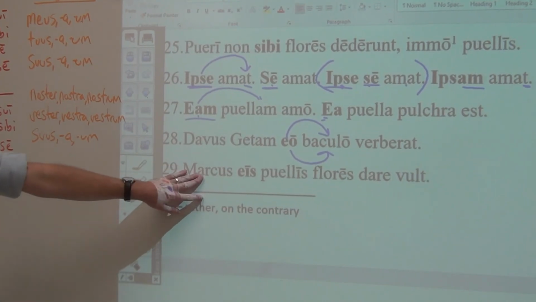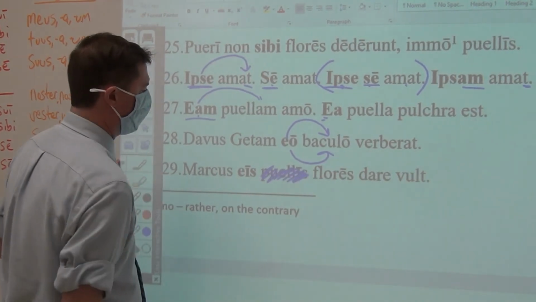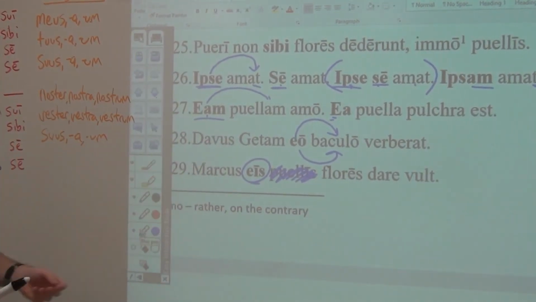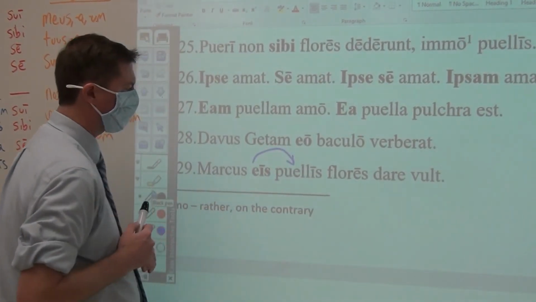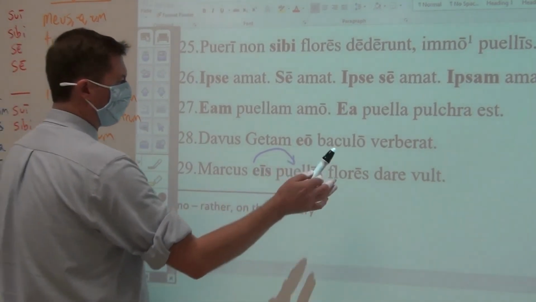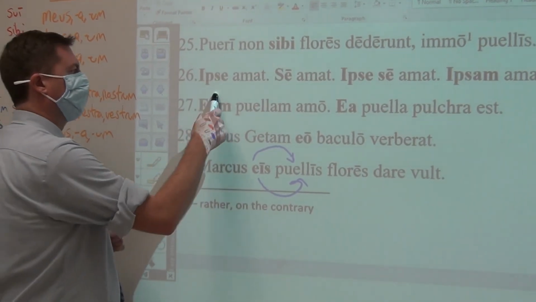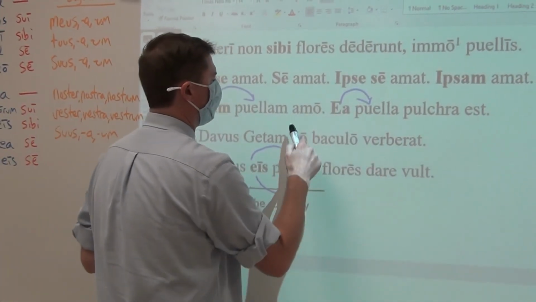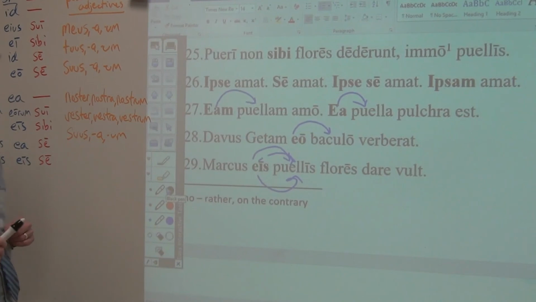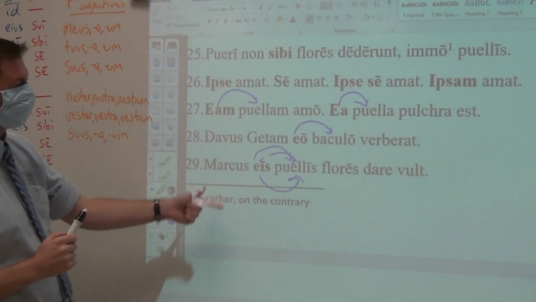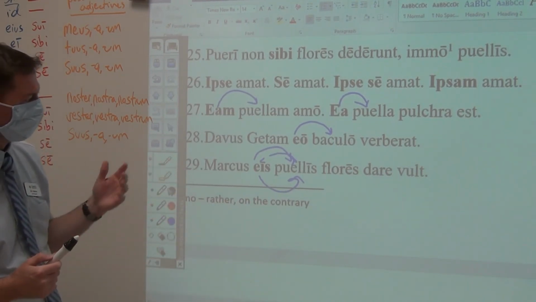And then the last one. Marcus wants to give flowers. Without the word girls there, it would just simply be to them, the personal pronoun. But since girls is there, and eas is modifying it, then it would be saying that Marcus wants to give flowers to these girls or to those girls. When is, ea, id modifies, it is your choice as to whether you want it to say this or these, or that or those. It's like it becomes a form of either hic, haec, hoc or ille, illa, illud.